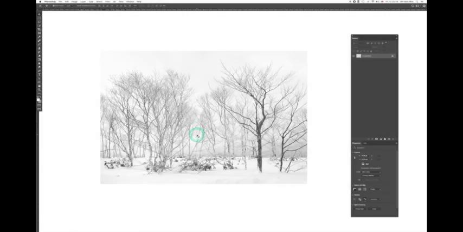Hello and welcome to this video where we're going to be talking about how to create some recession and separation within an image. In this particular image, which was taken in Hokkaido a couple of years ago, I wanted to effectively push back and de-emphasize the silver birch here, and to bring forward and emphasize, by contrast, this